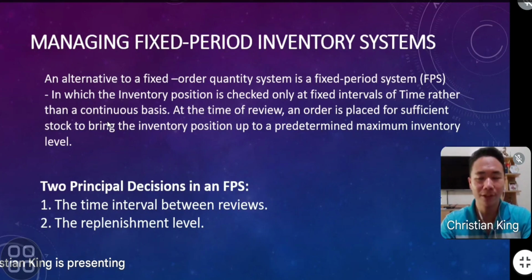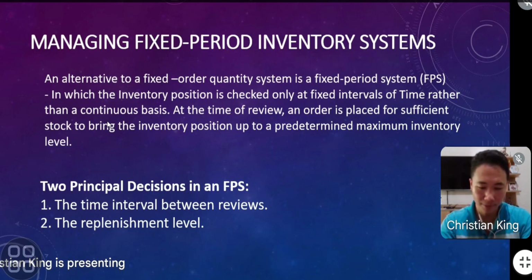Managing fixed period inventory systems is an alternative to a fixed order quantity system. The acronym is FPS. Its inventory position is checked only at fixed intervals of time rather than on a continuous basis. At the time of review, an order is placed for sufficient stock to bring the inventory position up to a predetermined maximum